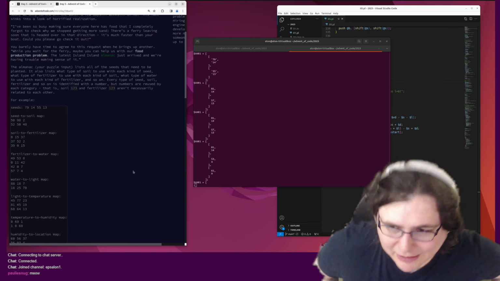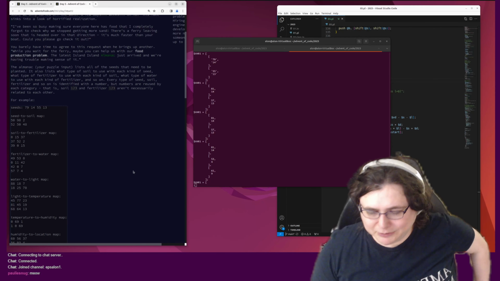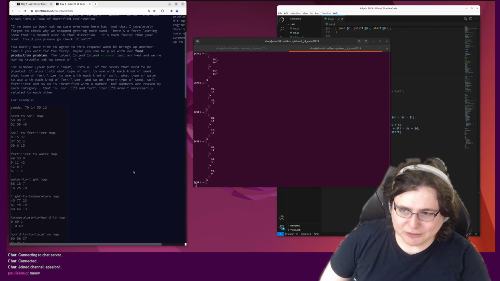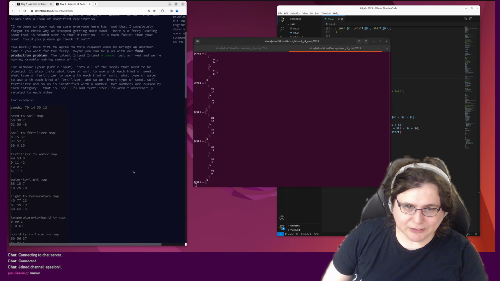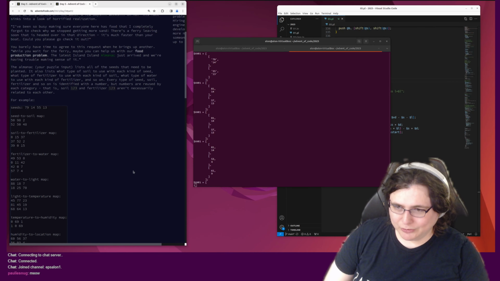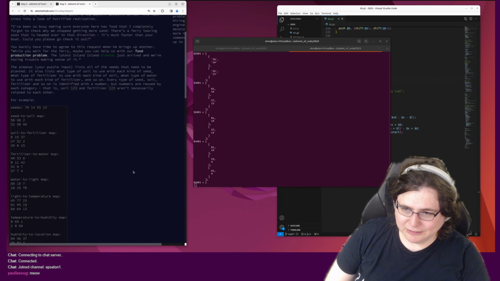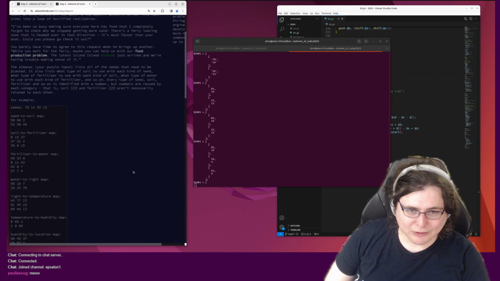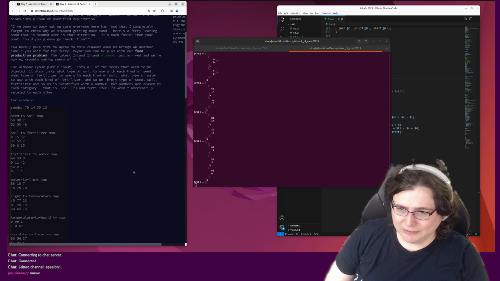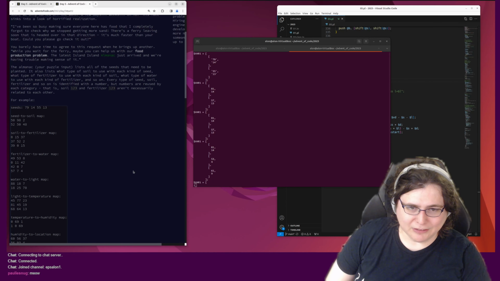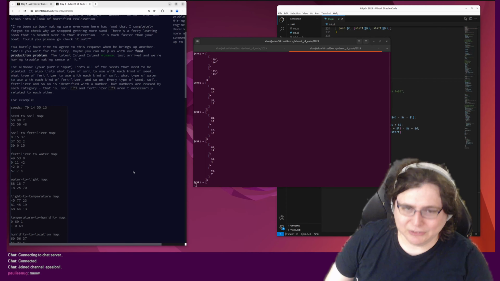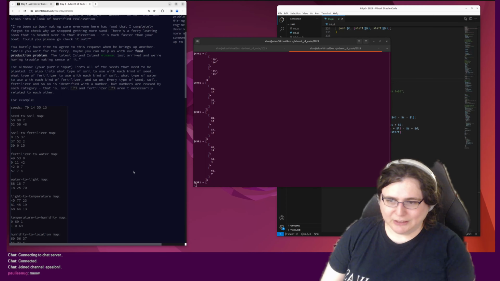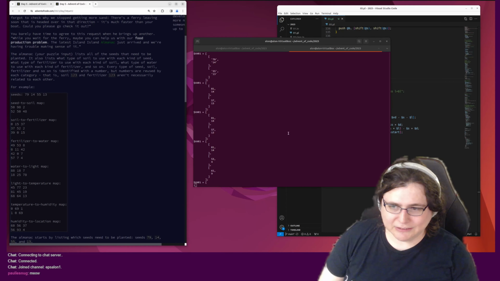Next one is 15 goes to 0 for length 37. 15 plus 37 is 50 something, but that's too low. 52 goes to 50, length 2. That doesn't affect them. And 0 length 15, that also shouldn't affect them. So yeah, they don't get converted. Okay. Next is